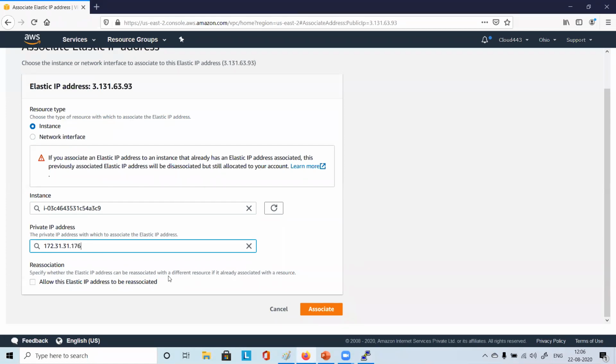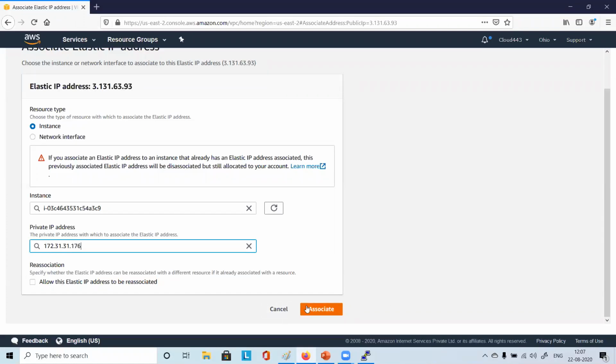It's not valid for us as of now, because for us it is new, we just allocated it. But if it is an older one already assigned to another instance, then this may be relevant. We can say it needs to be reassociated, pulled from the existing resource wherever it is allocated, and reassociated with a different instance. So that option can be useful.